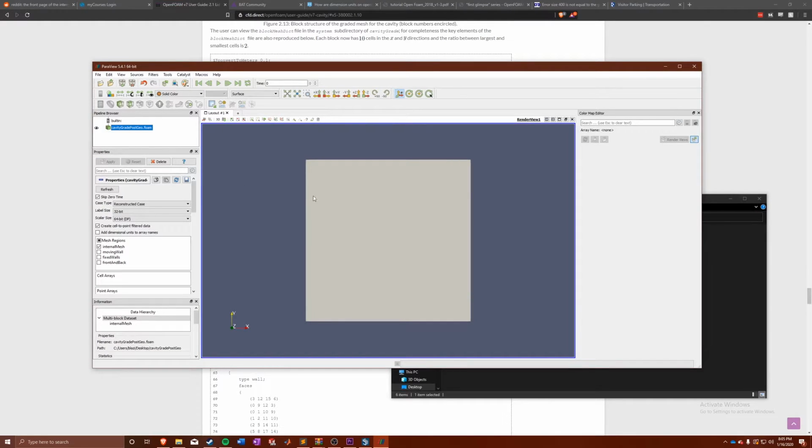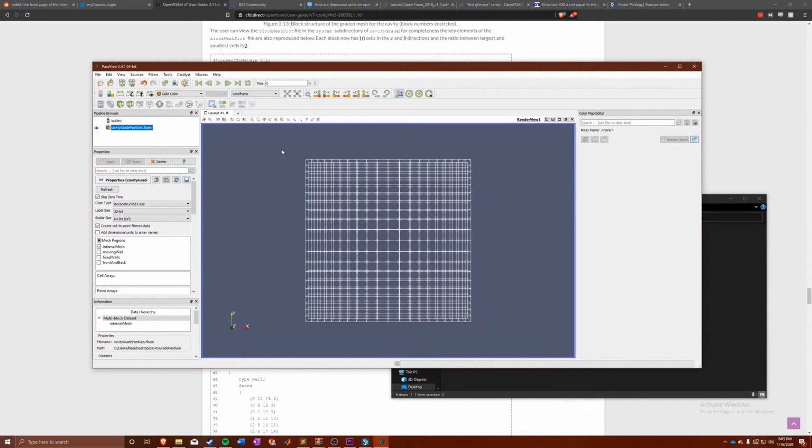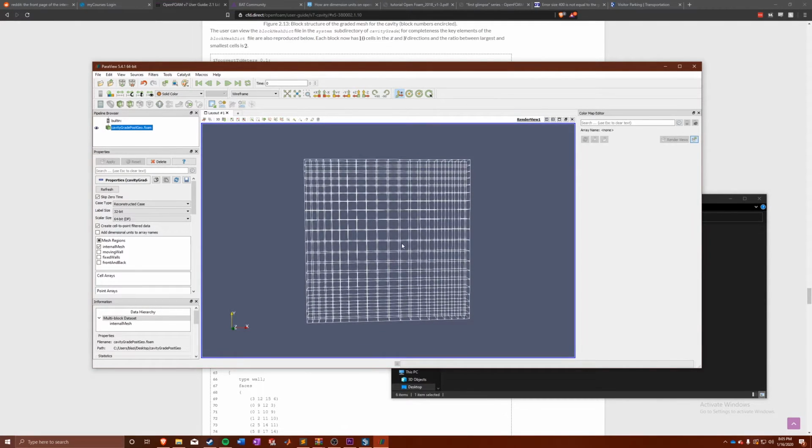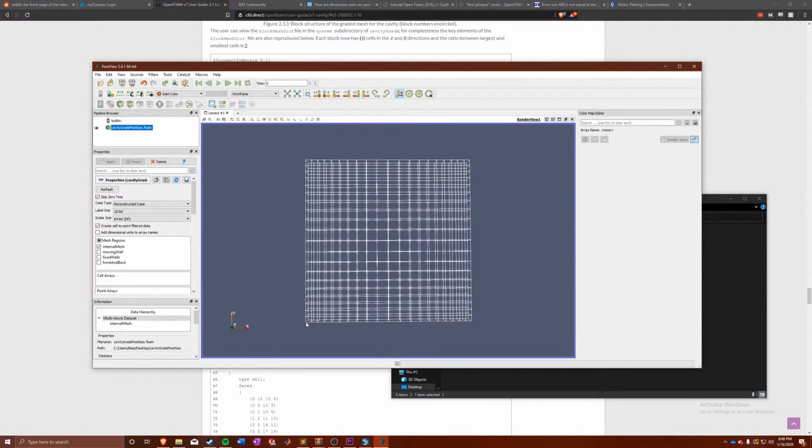Hit apply. And as we can see, the cells are smaller in the corners. Starting at the origin, your cells are going to be the smallest size, and by the end of